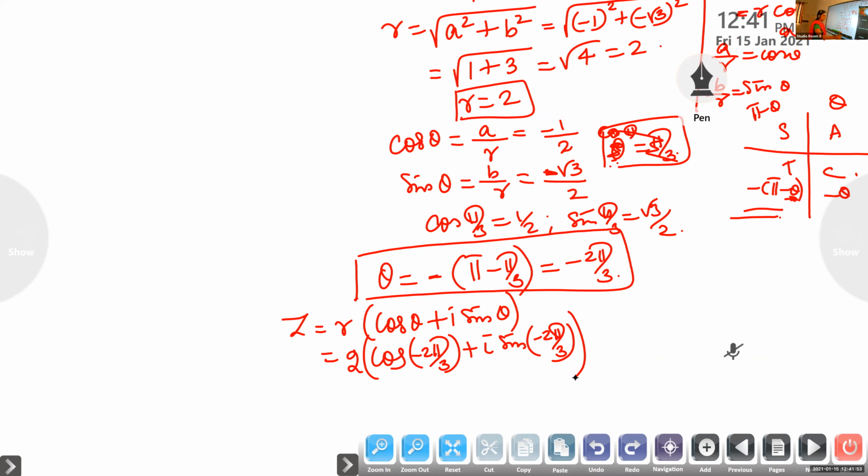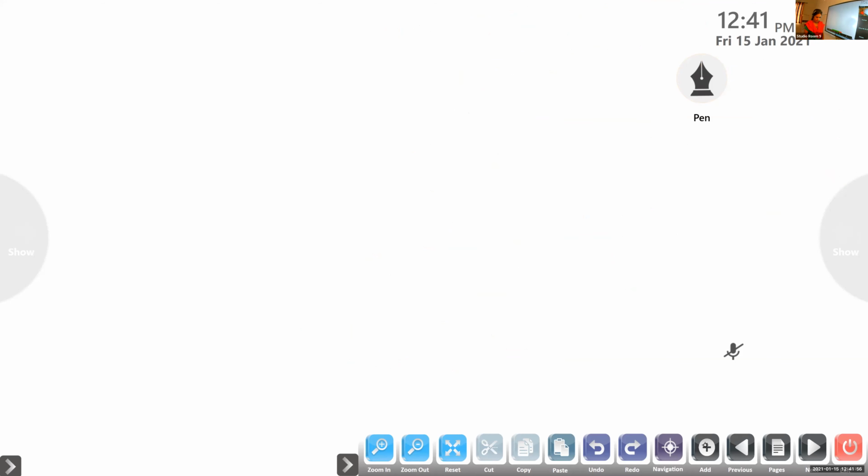Write the next one. Convert minus 1 plus i in polar form. So first thing you have to do, you name this as z. Z is equal to a plus ib. Compare it and write down what is a. A is minus 1 and b is 1.